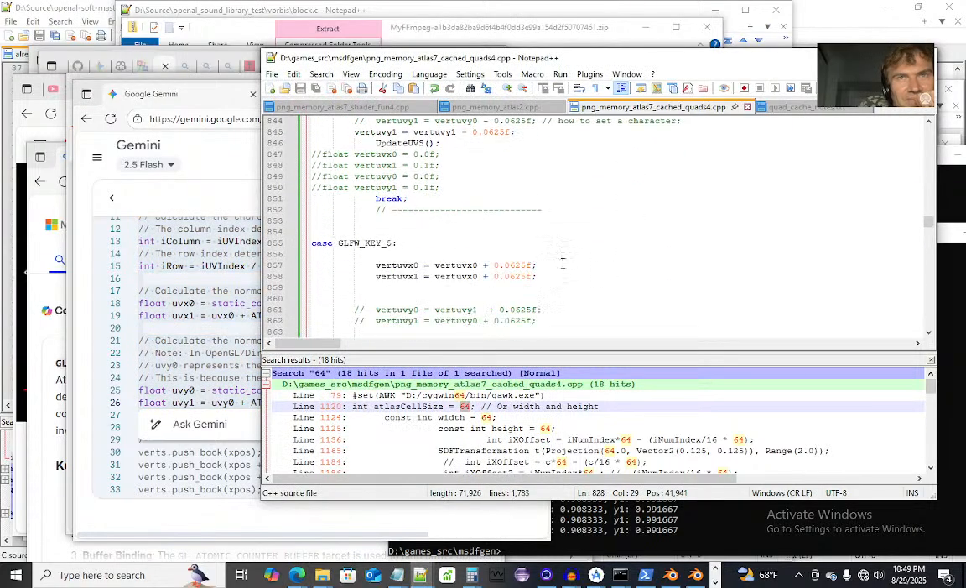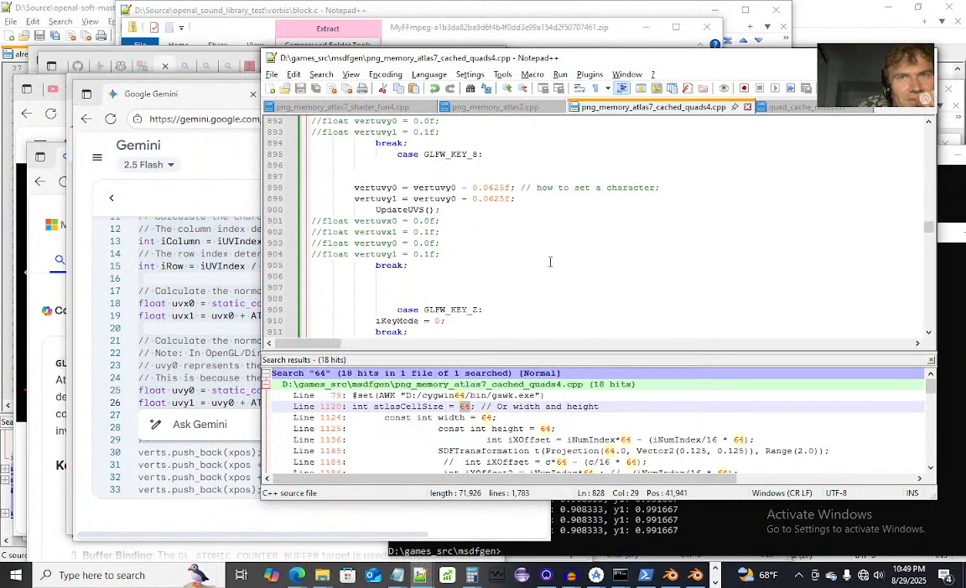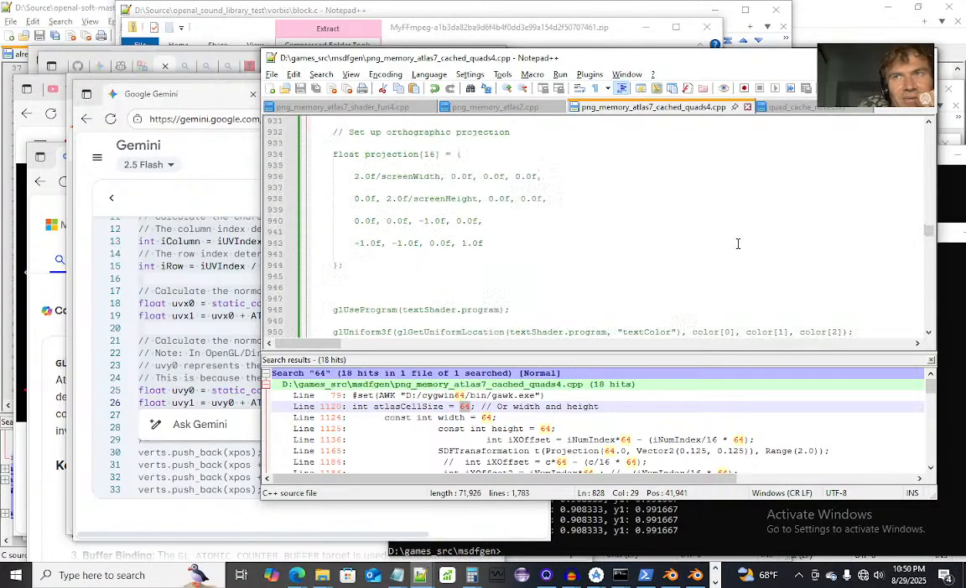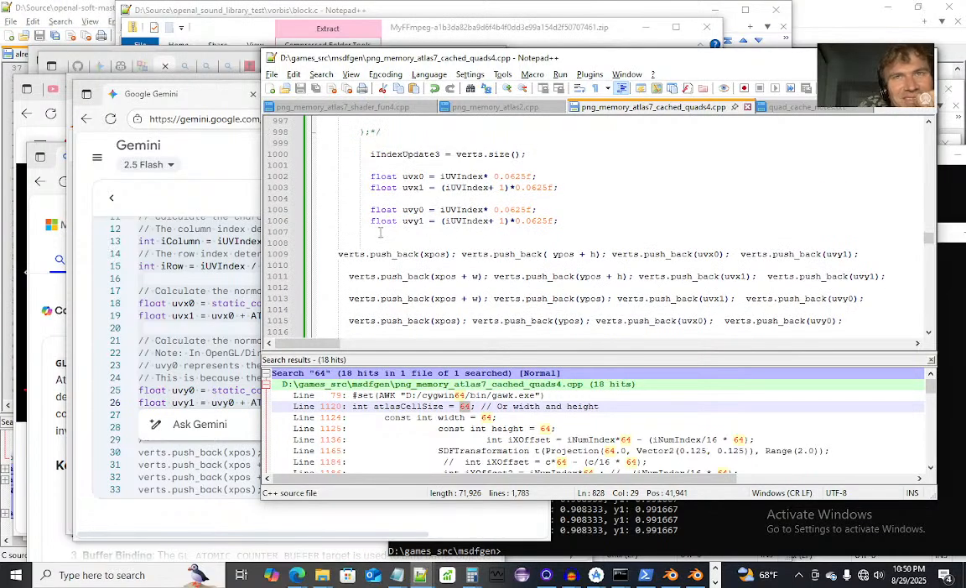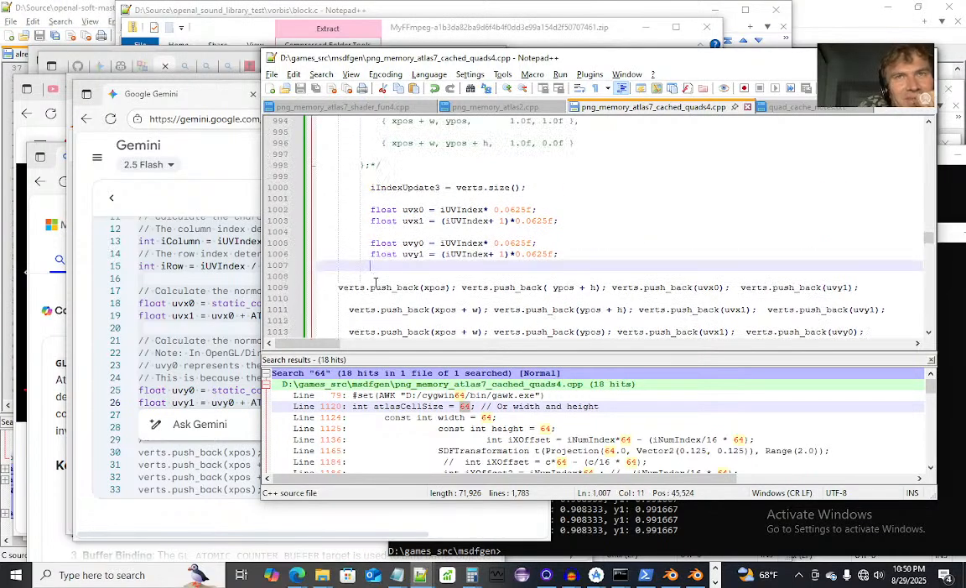Nah, if it is, who cares? I like it inverted. I like when characters are backwards, upwards. It doesn't bother me. Alright, so